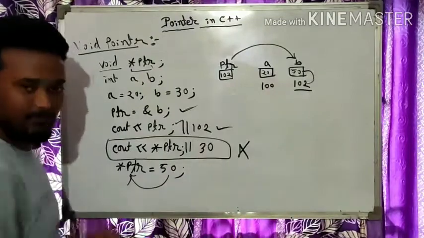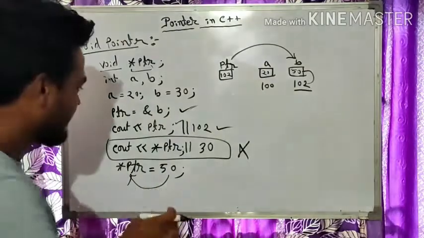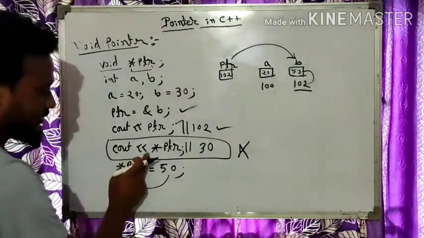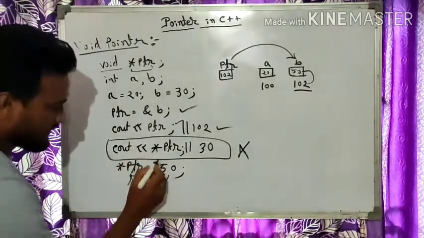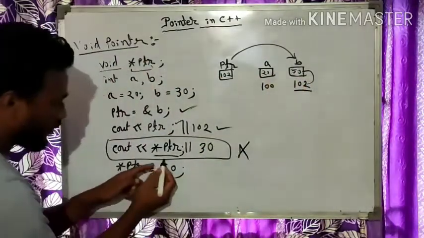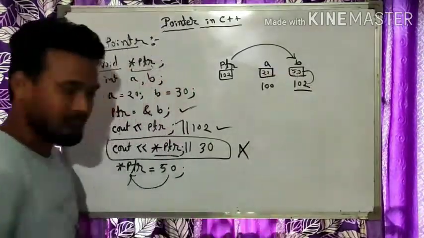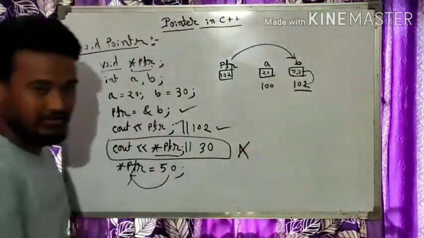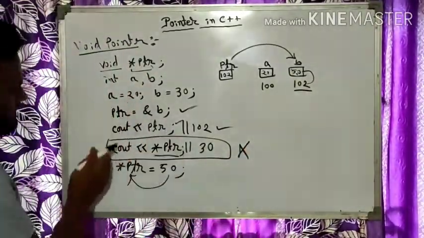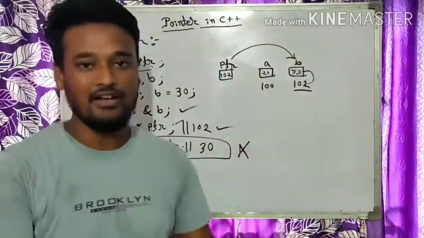Now again, when you make the type of this pointer variable void, you can see here you will get no error. This statement will be executed successfully. This statement also will be executed successfully. But in this statement you will get an error. Why? Remember, this is dereferencing. That means we are directly accessing the value. When you talk about asterisk ptr, we are talking about 50. So 50 is of type what? Integer. And this type is what? Void. That means these two are of different data types.